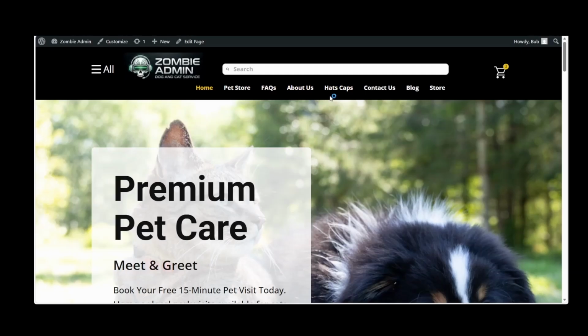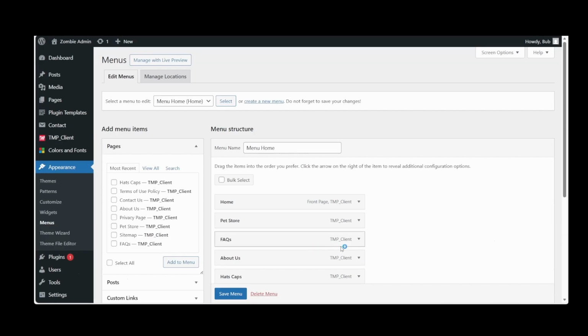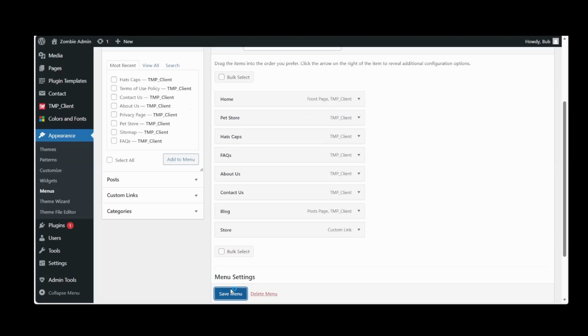Hats and caps is down here. You need to go to menus. So go to menus, go to appearance, menus, and do your ordering there. Like I've said before, it's very important to do it all right here. So we're just going to bump it up to the third position we want. We're going to save menu.